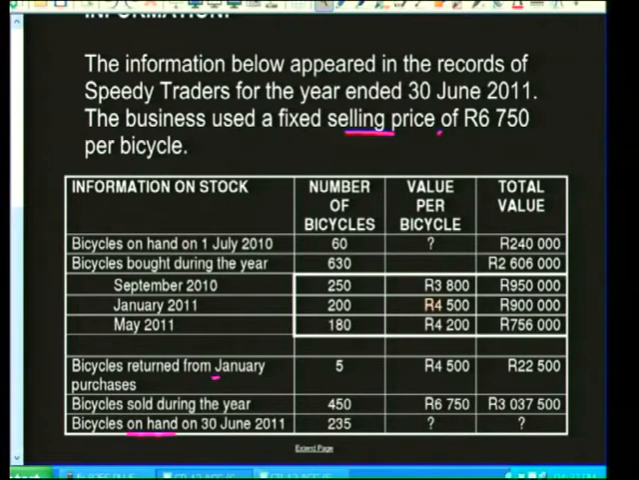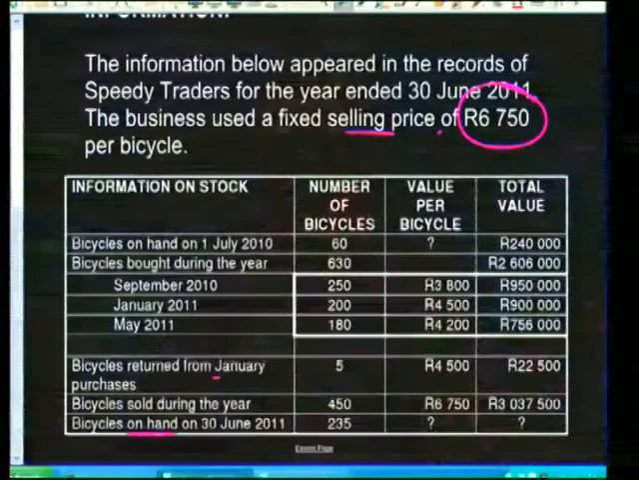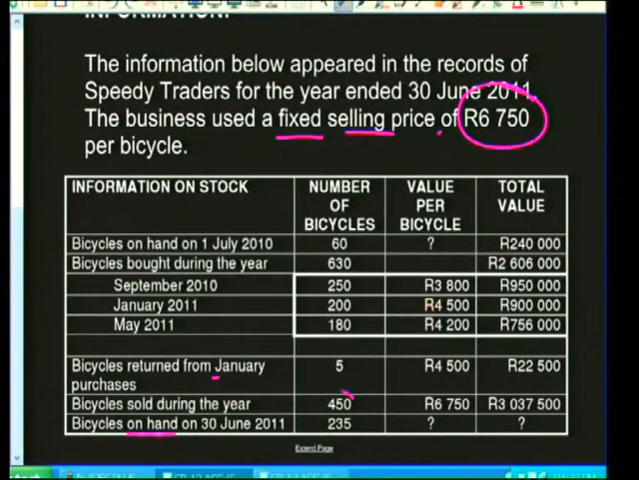We have been told that the business used a fixed selling price of 6,750 per bicycle. That means every single bicycle that we have was sold for 6,750 Rand. It is fixed. In other words, the selling price does not change. Now, if we have a look, we will be able to see that the bicycles that we sold during the year were 450. We sold 450 bicycles at